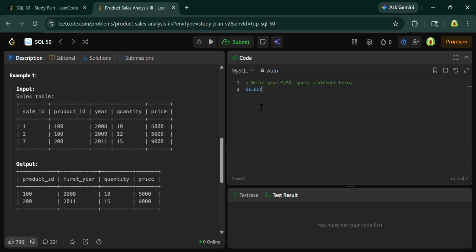First you have to select only the columns that you want to print. So I want to print the product ID. Select product ID, comma, year as first year, comma, quantity, comma, price, and you have to select it from the sales table, where